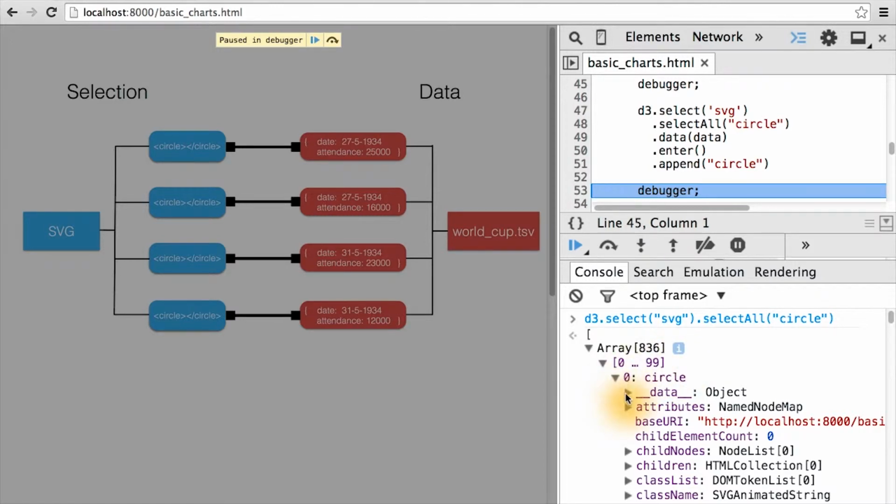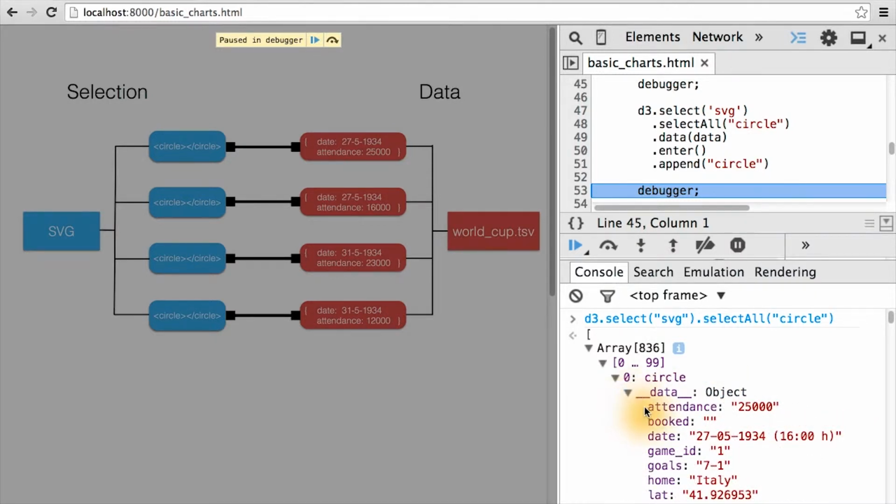But also, more interestingly, it has a __data__ property, which corresponds to an object. Opening up that object, we see the fields of a single row from our data file, which we saw earlier as the .enter selection. But now, instead of corresponding to only __data__ with the fields, it is actually bound